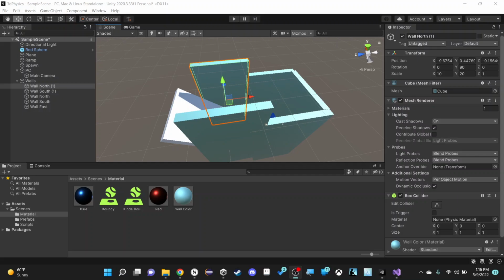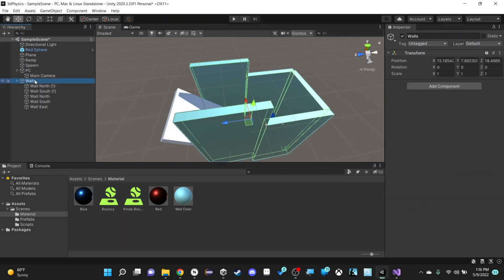Okay, so I'm going to go over how I made the walls for my game really quick. First things first, after I created my walls, I created an empty game object, which is this right here. I named it walls, and I put all the walls under it. The purpose of this is just for organizational purposes. It lets me hide them quickly and play with other game objects without having to have a bunch of walls